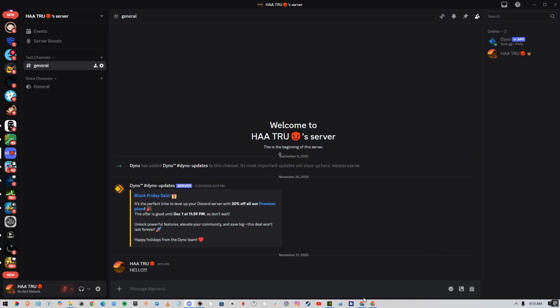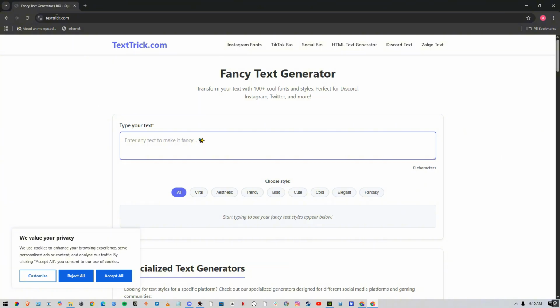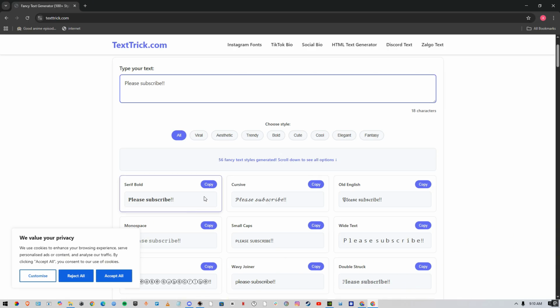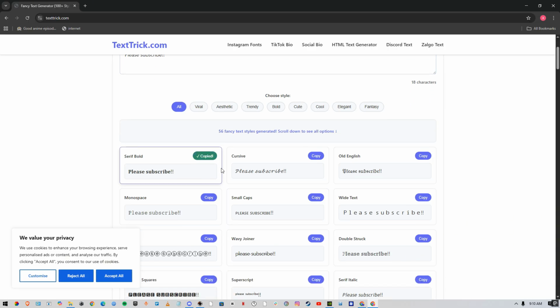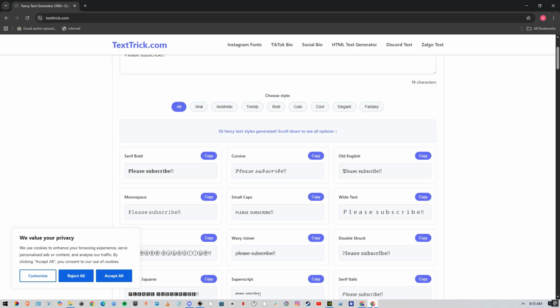But if I go to Google Chrome and type in textfig.com, it'll bring you to this website. So what you need to do is to simply type in whatever type of font you want. So let's say, please subscribe, and like this. Now right over here you'll be able to see a few different kinds of fonts. So if I copy this and just post it right over here, as you can see, now this one,